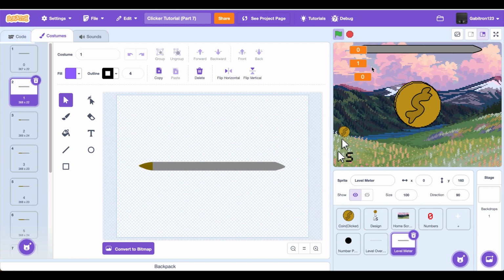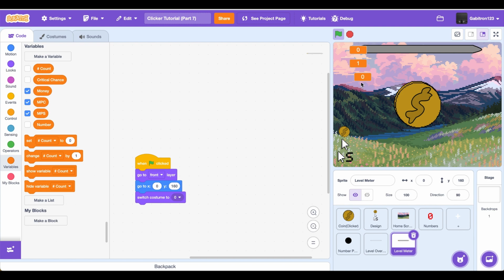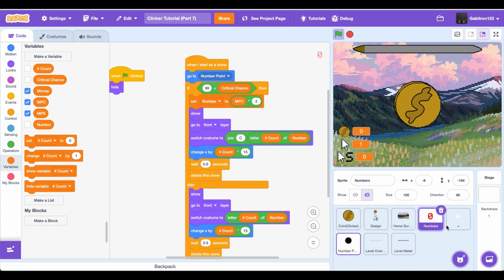Also, so the variables and this little UI we made aren't in the way, I am actually going to move them down. You can do the same on your game if you haven't already moved this down in a previous video. And now I'm basically just going to show you how to make the level ball and what it's going to do. So the first thing we're going to need to do is go into the numbers